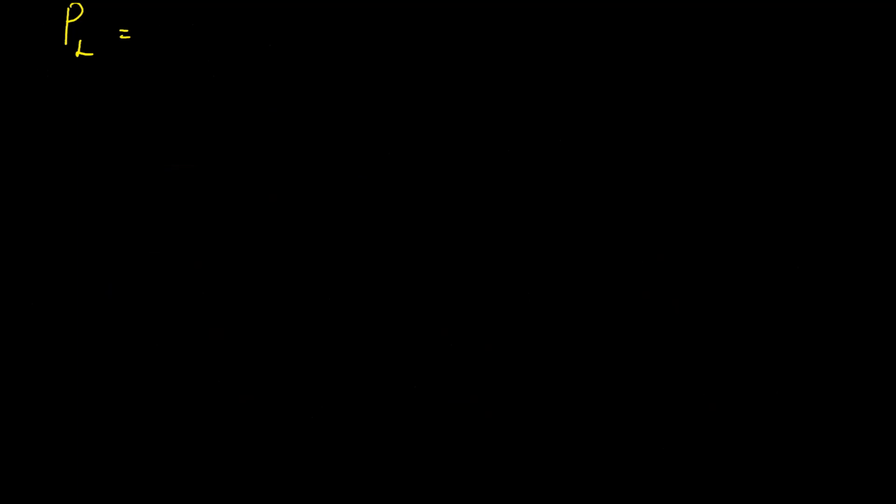how are we going to write? Sigma i equals 1 to n, sigma j equals 1 to n, Pi Bij Pj. Very simple, you are going to get the equation. PL is equal to sigma i equals 1 to n, sigma j equals 1 to n, Pi Bij Pj. Or in vector form,